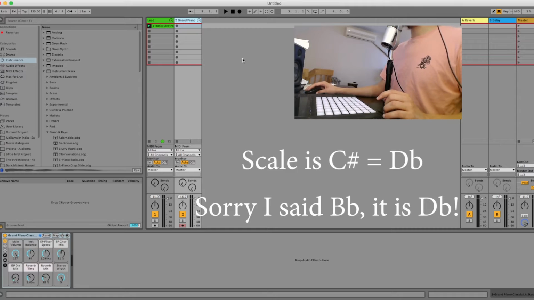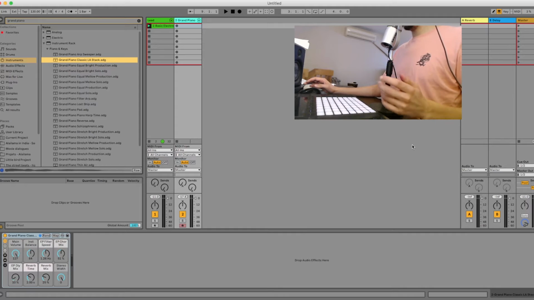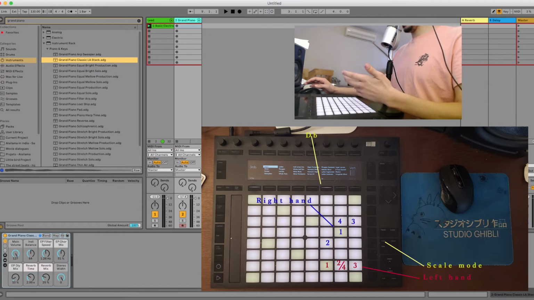Here I'm playing with the piano first, just to show you the notes. You'll need to select the C sharp scale, which is the equivalent of B flat major. So to play the intro with the Push, you'll have the left hand playing the bass notes, and the right hand will be just playing the same pattern. So it goes like,